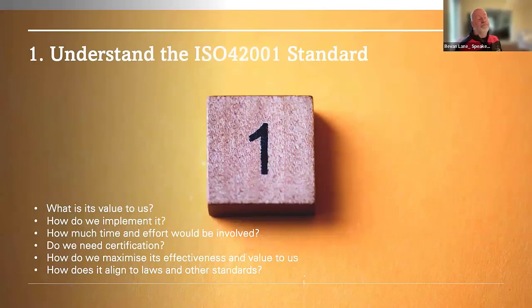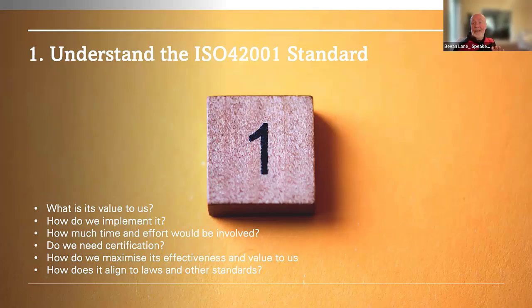Okay, so step 1. Understand the standard. Before you do this, we had a very good chat last week with a company who does artificial intelligence consulting, quite far north in England. And he was like, why would I do this? What do I need from it? We're already using quality. What's the extra thing? I already understand risk assessments. I've got an approach for this. So in his case, it was very difficult to see the value of taking the standard and implementing it. He could take components of it, but for another company, whose core business is doing this and who wants to prove to somebody that they're taking artificial intelligence ethically, well done.